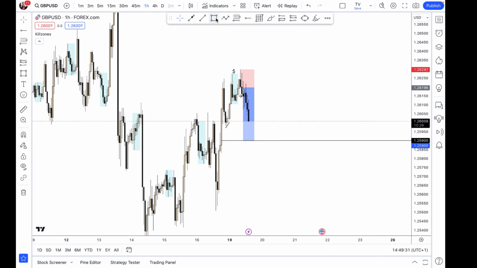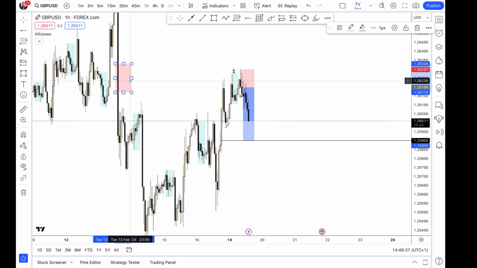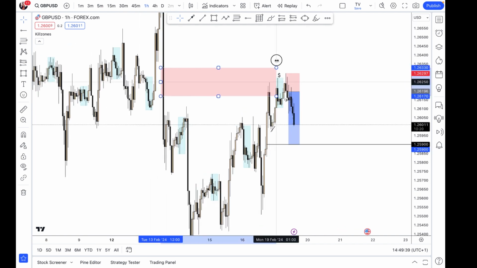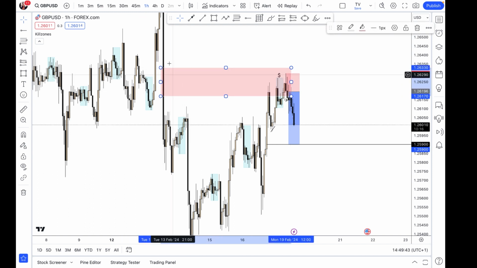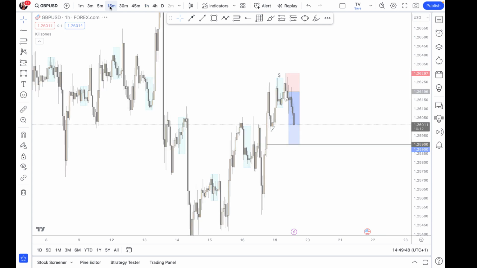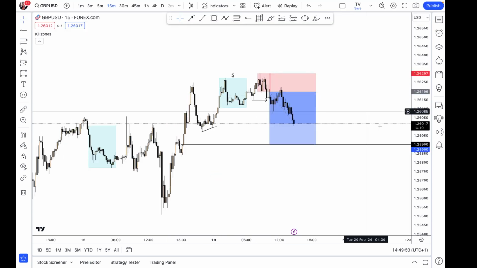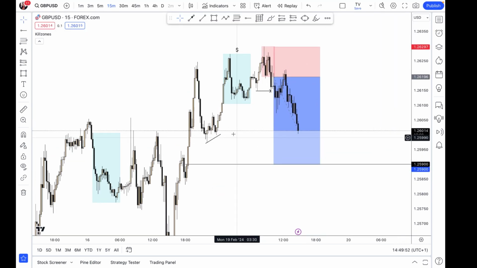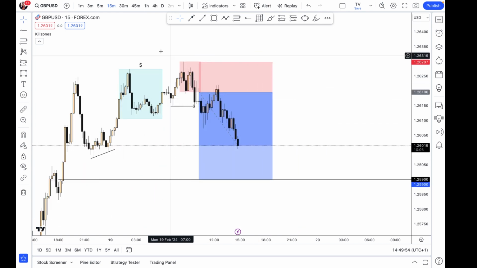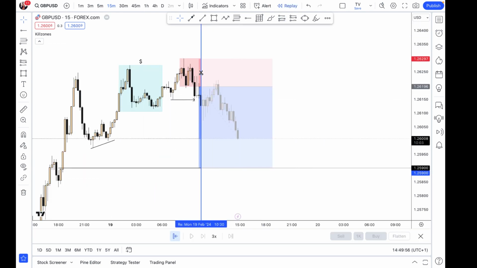On the GBP USD, I could not see a zone at this level for me to start my analysis. When I came on the chart during the London session, I could not see anything. You can see that this is just imbalance, but because EU was selling, I decided to look for possible sell opportunities as well. So if I should just replay back to this morning